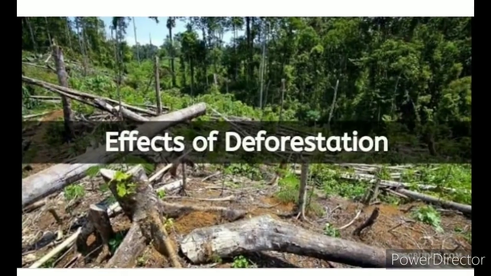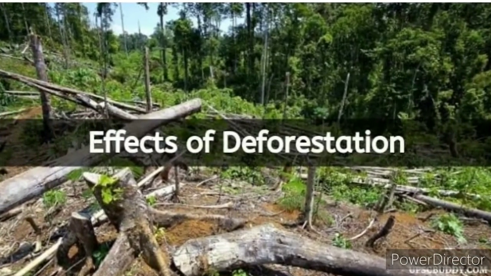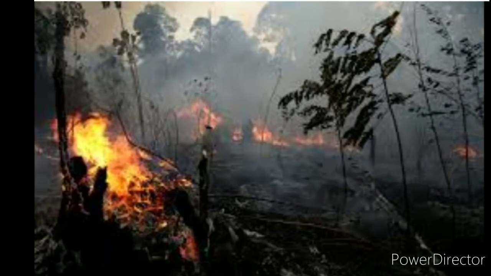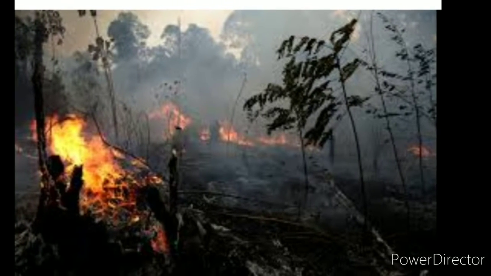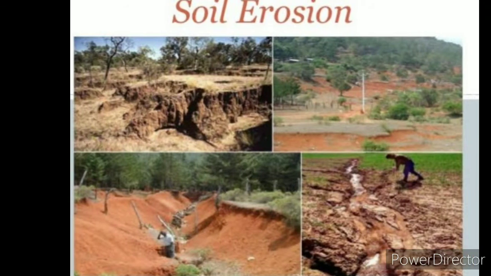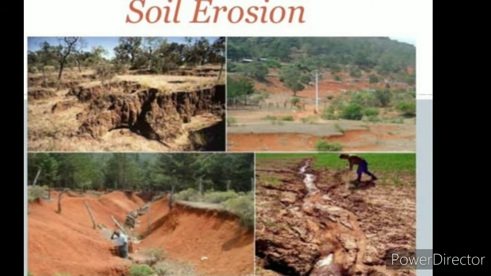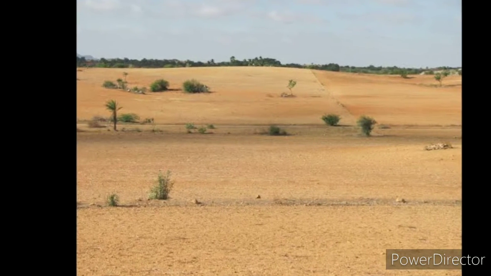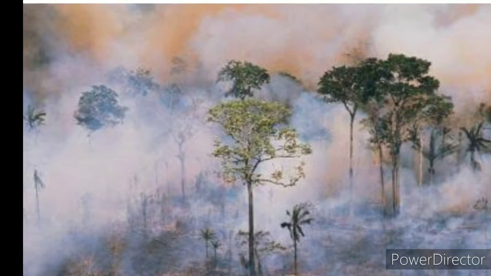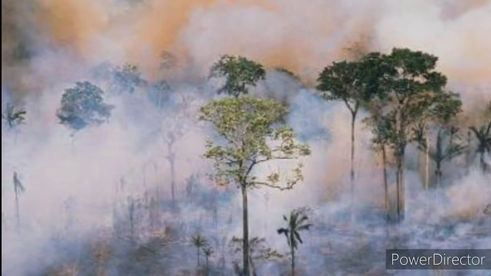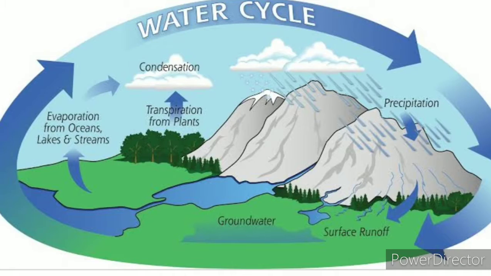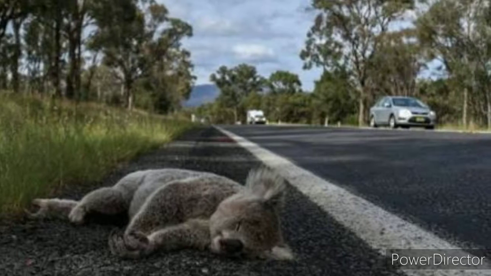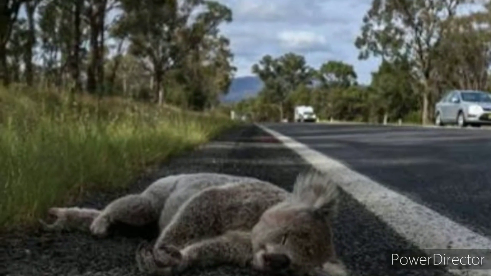Effects of deforestation. Burning of forests would release stored carbon, a negative impact just opposite of carbon sequestration, that is carbon separation. And also removal of forest cover increases soil erosion and decreases soil fertility. Deforestation in dry areas leads to formation of deserts. It triggers adverse climatic conditions and alters the water cycle in the ecosystem. It decreases the biodiversity significantly as their habitats are disturbed and natural cycles are disrupted.